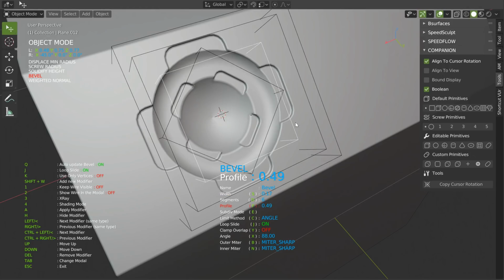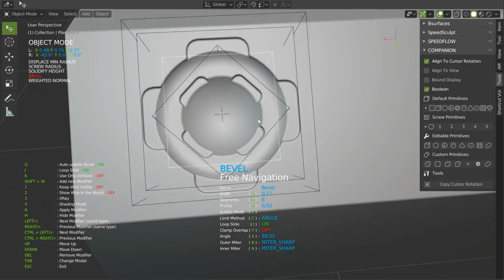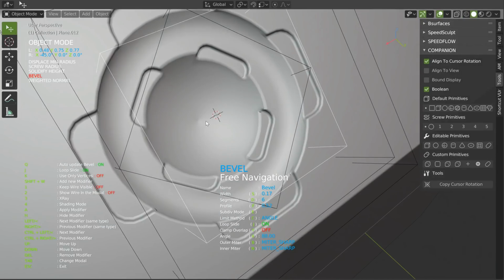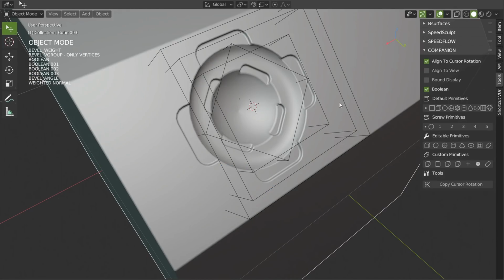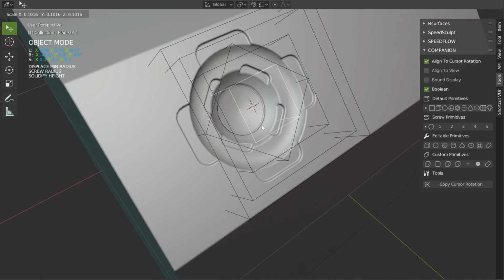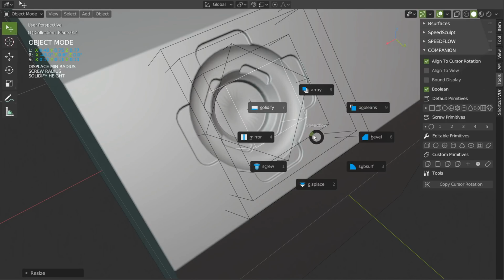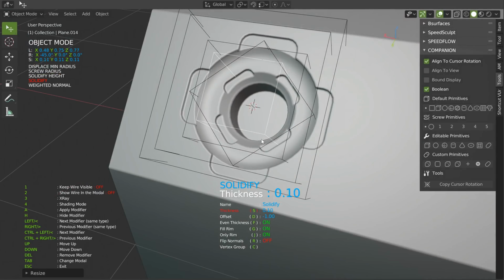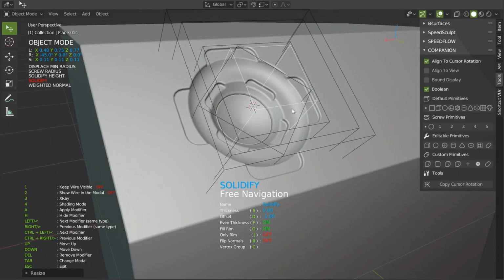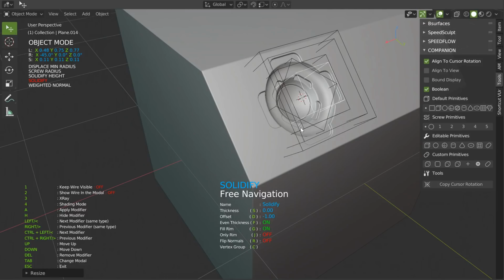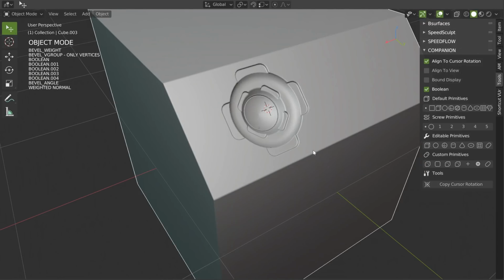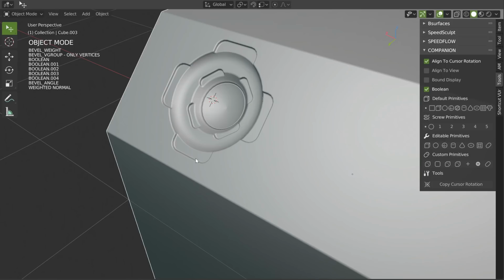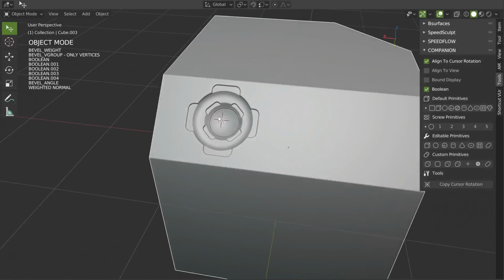Up. I can play with the profile, and after I can make a lot of things. There is some possibility. I don't like this one, but I can also select this one and make, why not, with this editable primitive. Up. I can play with the solidify, and that's it. On this one I can press Shift W, place to 0, and press G, and I created this. So this is interesting. So I will hide everything. So really fast, as you can see, with a combination of primitives, you can make such details.